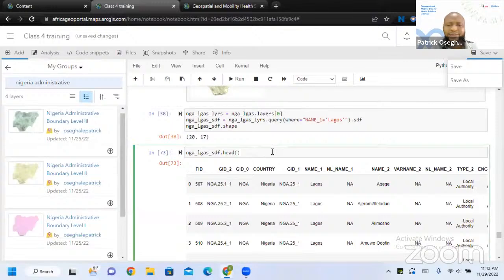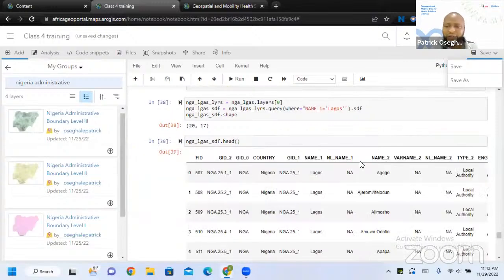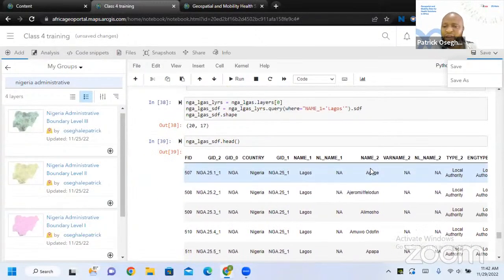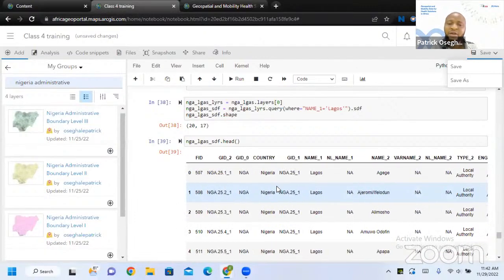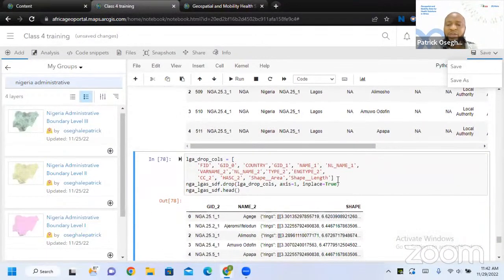And these columns, I don't need them. I just only need the name, the ID of the name, and the shape. Those are what I need currently. I'll have to drop the other columns the same way I did it initially with everything. You see, I keep on reusing my code. I'm not doing anything new again.